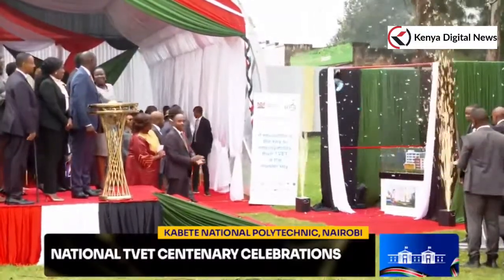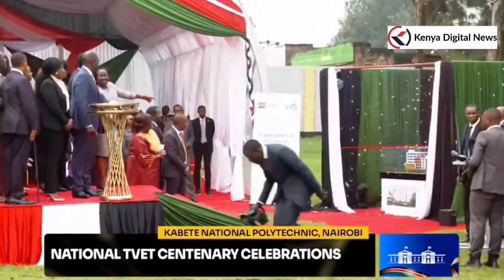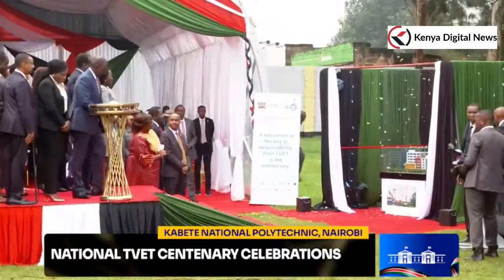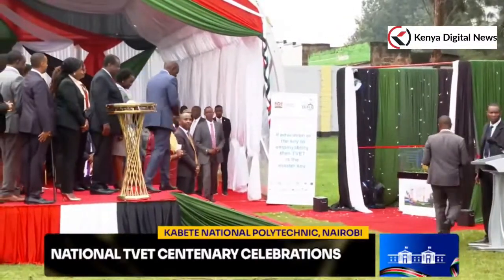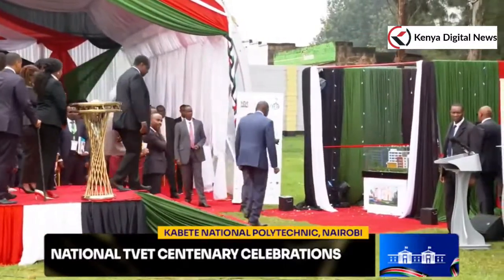Thank you. And with that, we have now come to the end of this particular ceremony. So after His Excellency has done a brief inspection of the model,